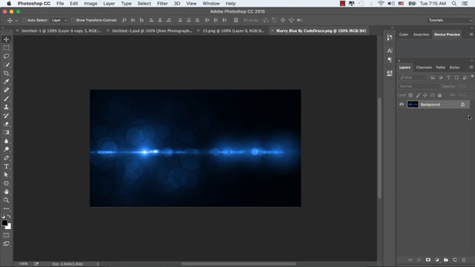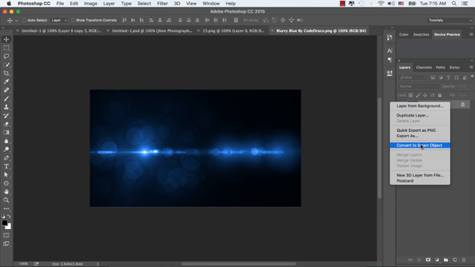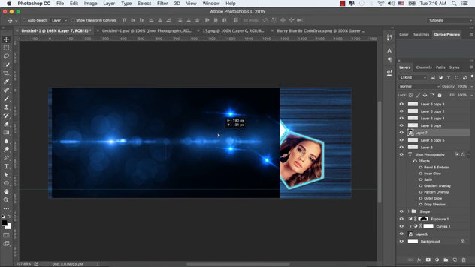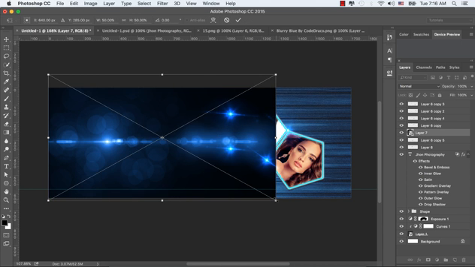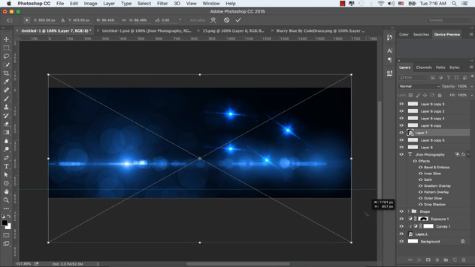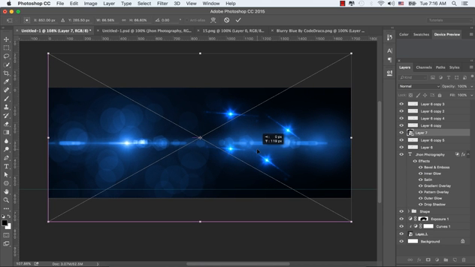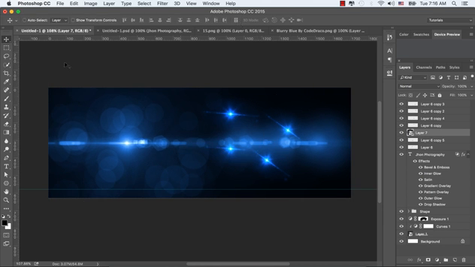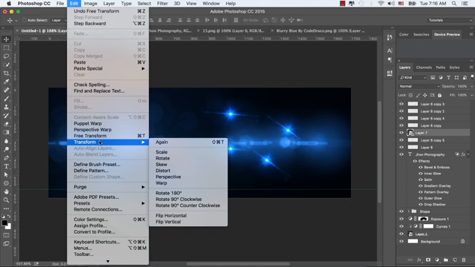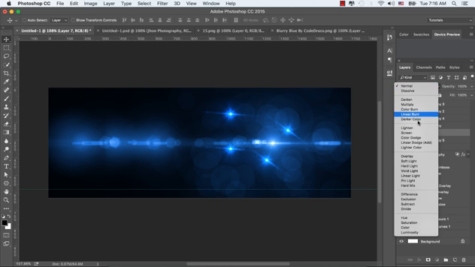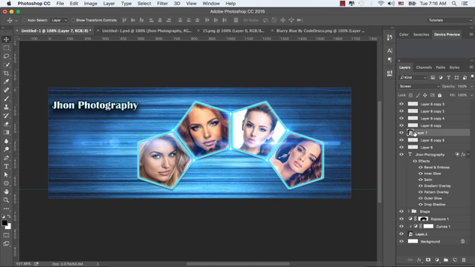And now we bring another lightning image from the image folder, convert it to a smart object, and place it in our main document. Let's resize it by pressing Ctrl or Command T and move it to the top of our main document, and click OK in order to accept it. Then flip it horizontally: Edit, Transform, Flip Horizontal. Let's drag this layer to the top bar and change the blending mode to Screen.